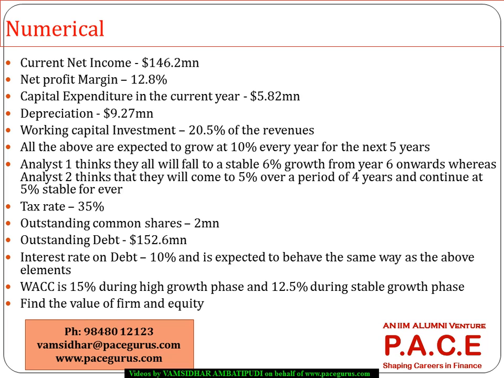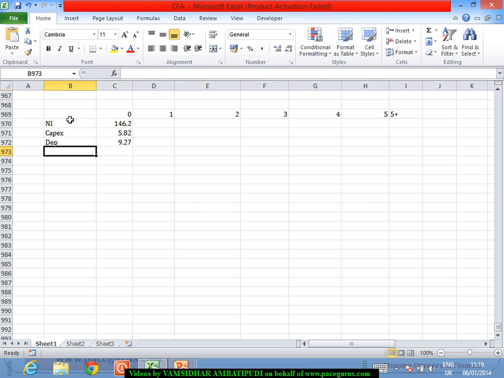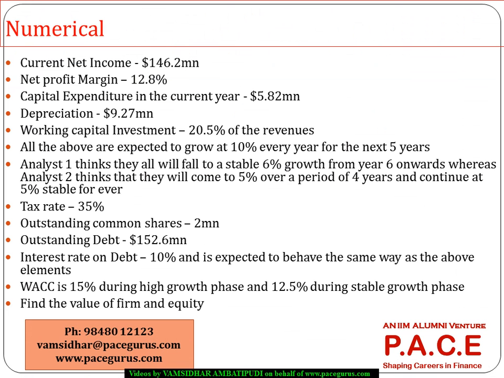Net profit margin is 12.8%. So net profit margin I'll take it as 12.8%. Right. So from here probably if I want net income, current net income, net profit margin. So from here actually I can compute net income,